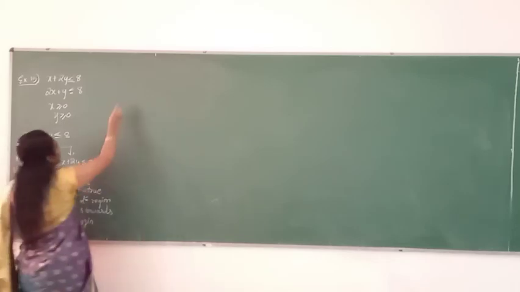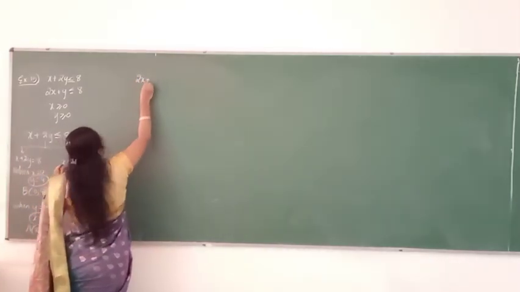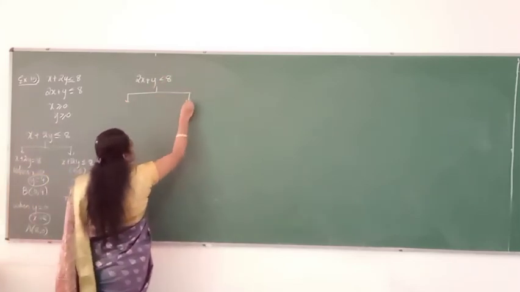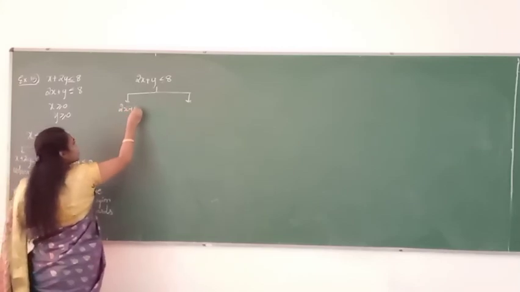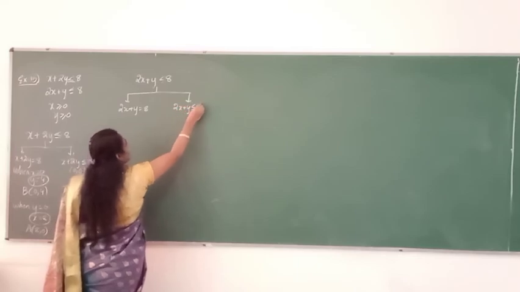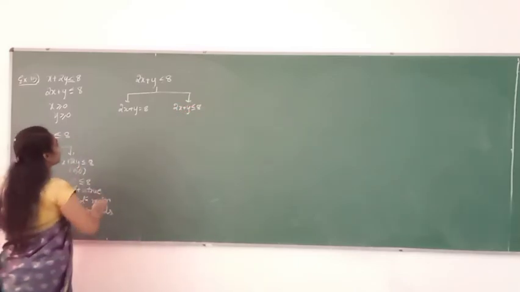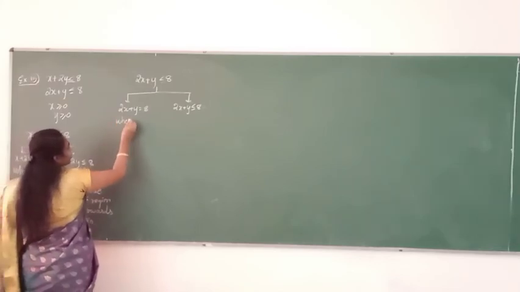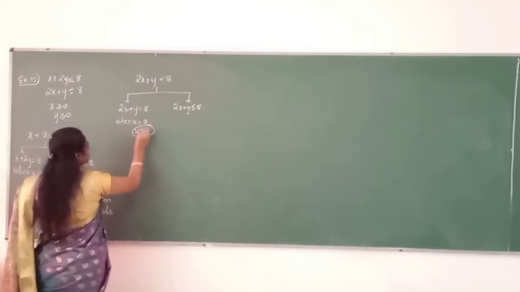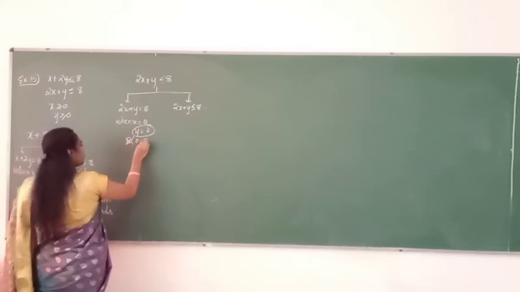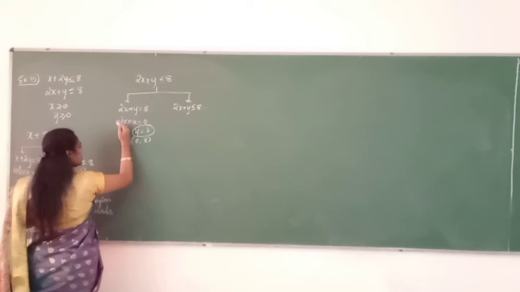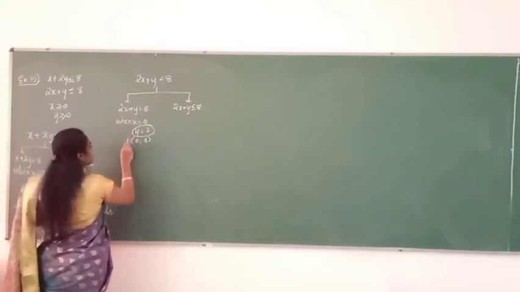Next we have the second inequality, which will be 2x plus y is equal to 8, and here 2x plus y is less than or equal to 8. So just consider when x is equal to 0, y is 8. So B is equal to 0, 8. Already I think we have considered the previous inequality's A and B, so I will consider this as D.